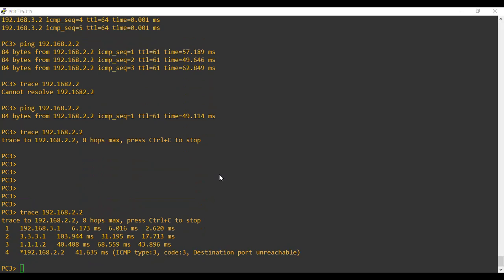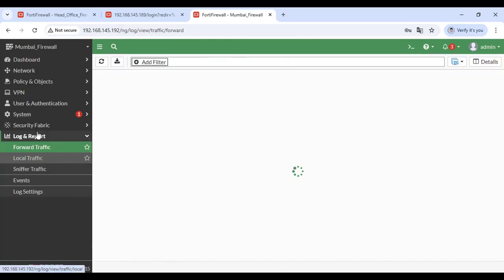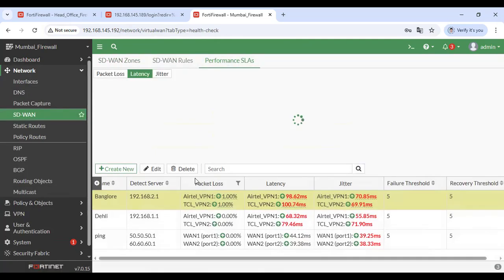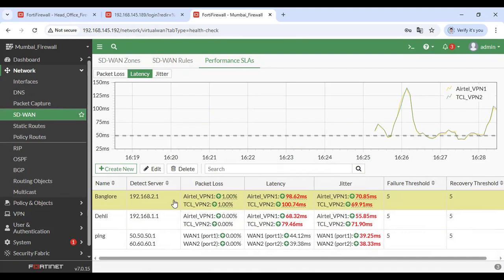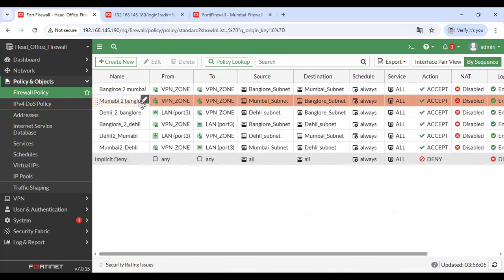you will be able to also see that the performance SLA has come up at the Mumbai location for Bangalore location. So just go to the network SD-WAN performance SLA. So now as you can see that performance SLA has come up. Okay, so the only problem was with the policy because I had not created the two policies at the headquarter office. And one more thing, you have to see here, go to the VPN